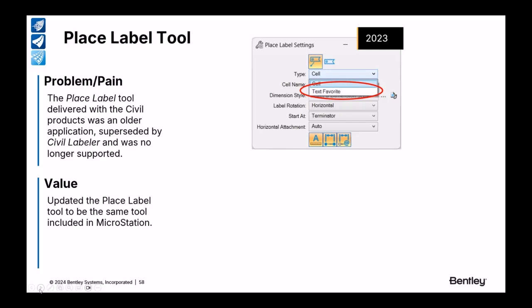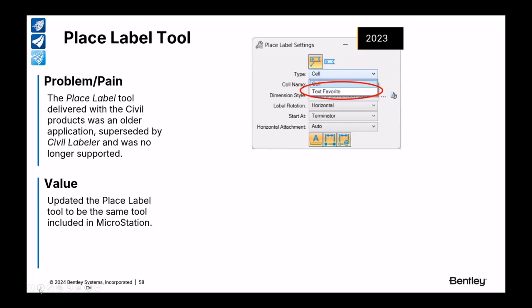Now I want to make sure I cover this one because there's been a lot of discussion around it and maybe some misunderstanding. We are giving you some new functionality with the place label tool by, at the same time, taking something away. So back in the early days of OpenRoads Designer, we took the MicroStation place label tool and we made a civil copy of it and we did an enhancement in it, which was the ability to place